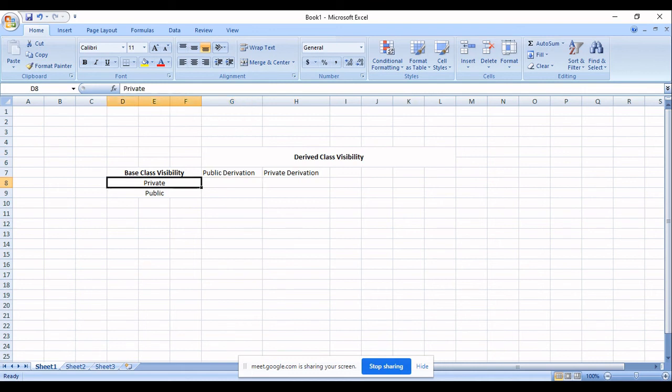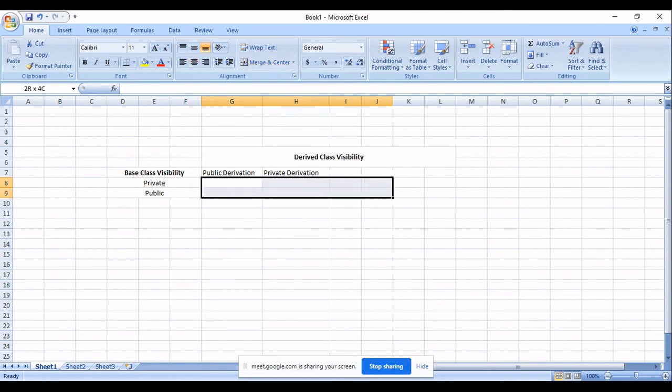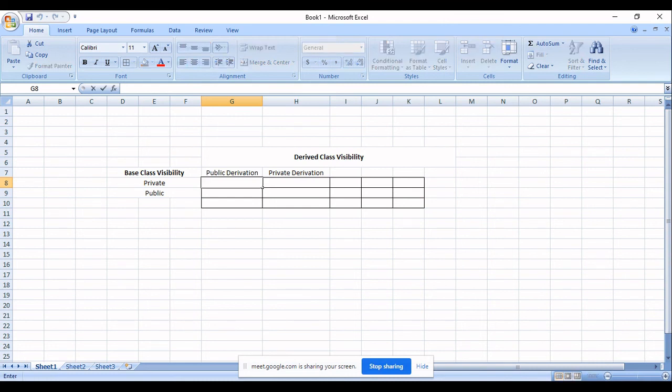Something is private in base class, can you even inherit it? Yes or no? No, ma'am. So it is not applicable, it is not inherited in the first place.